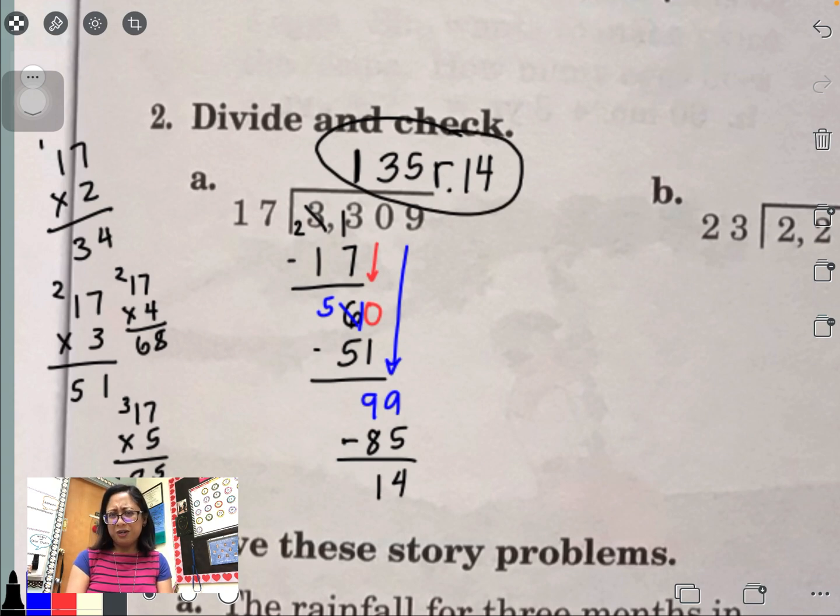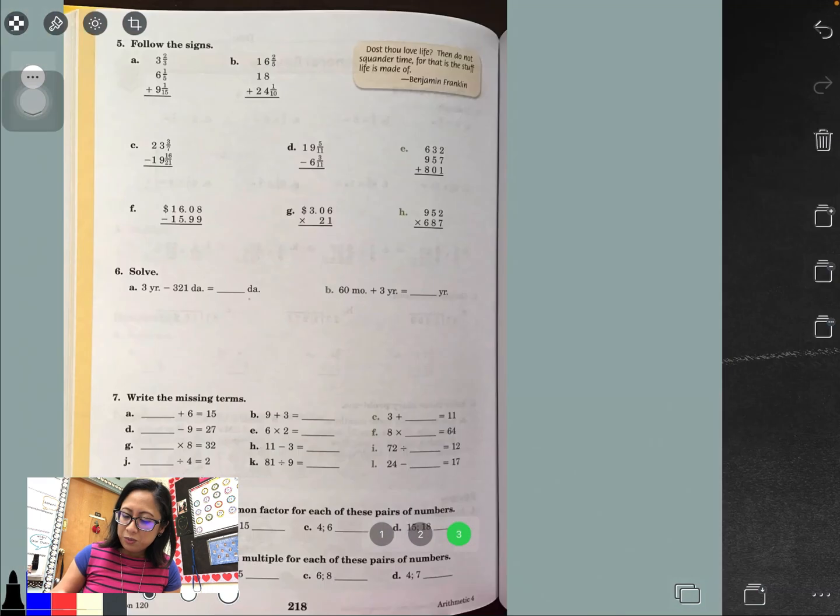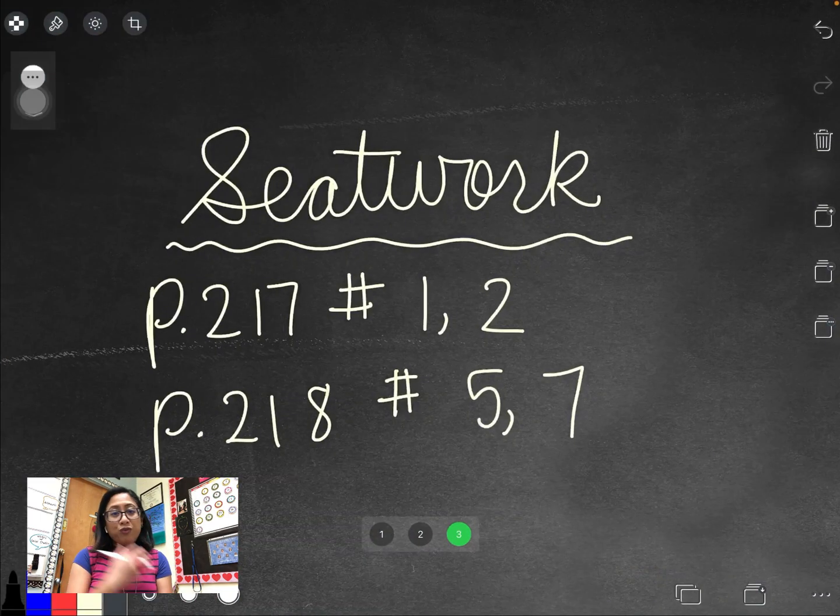I hope that helped. So you'll do B and C on your own. Okay. So here's your seat work. You'll finish the rest of number 1 and number 2 in the front, and then